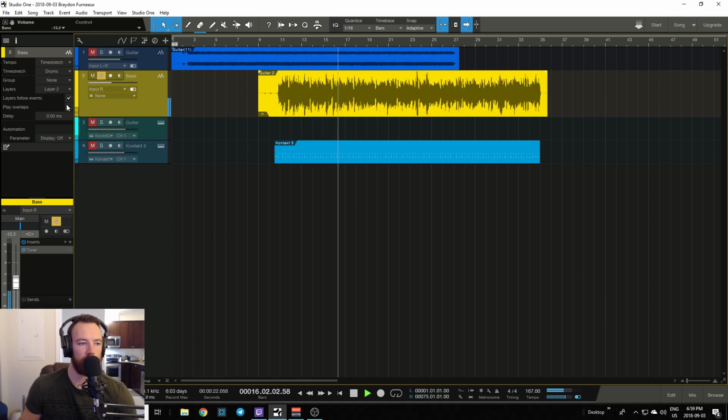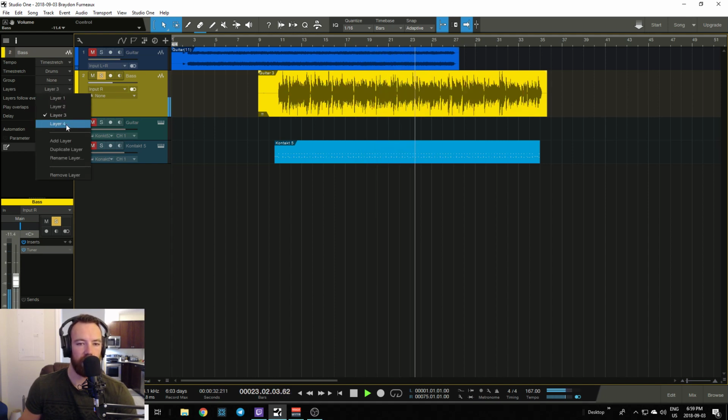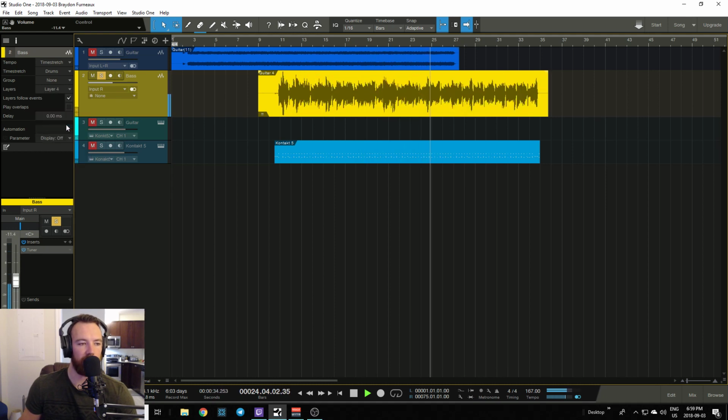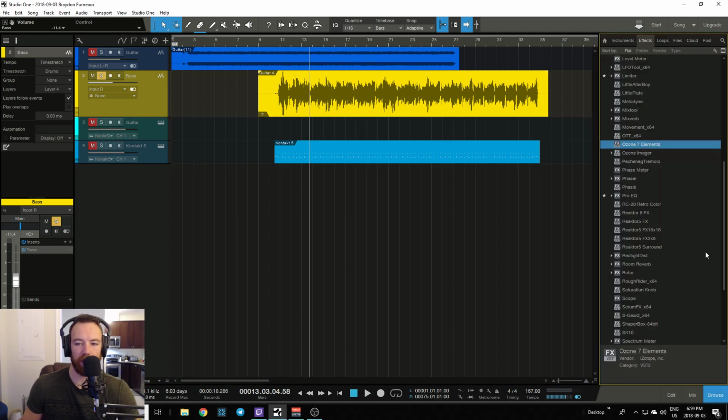Layer 2. Layer 3. And finally layer 4, my favorite. It's got a little bit of fuzz, a little more low end. Keep in mind I'm using a bass effects pedal, so there's already some